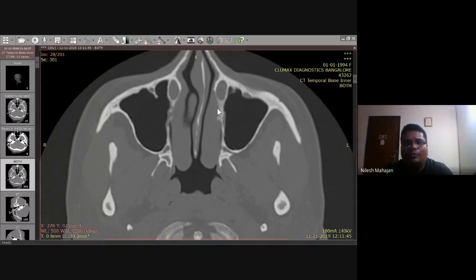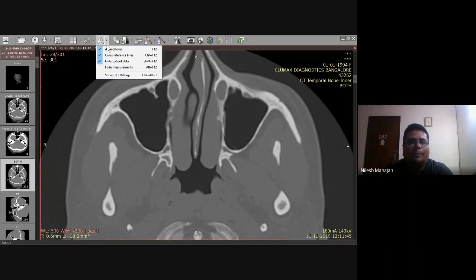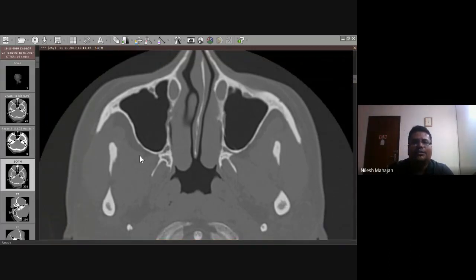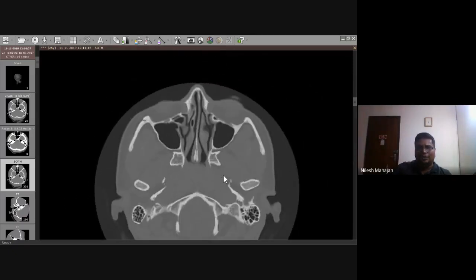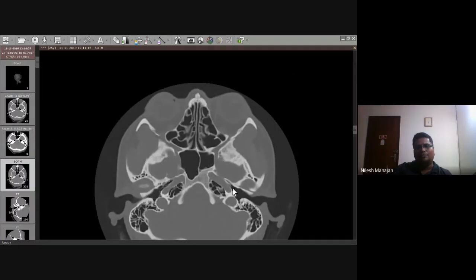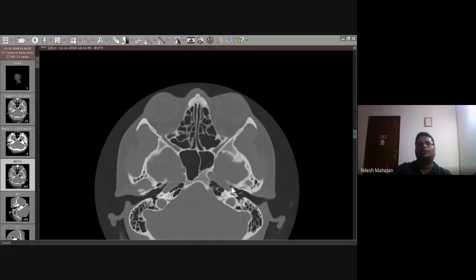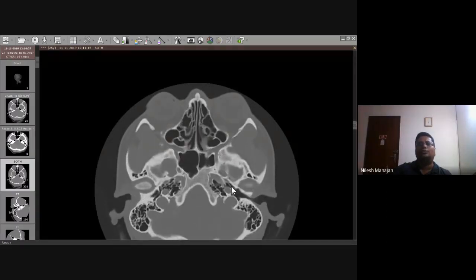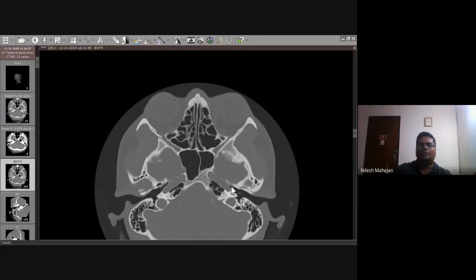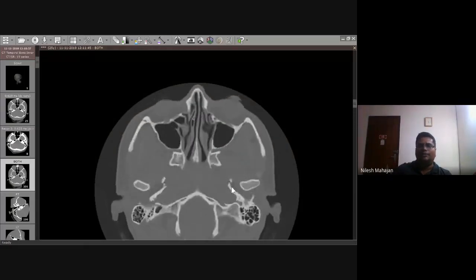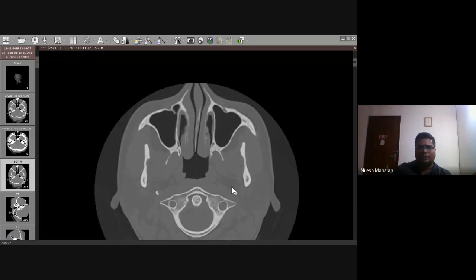If you have not given them proper information, they will print whatever they want. That's why it's important to communicate with the radiologist and tell them what you are looking for. Suppose you are looking particularly at the eustachian tube in the nasopharynx and you have not informed them. What they will do is go to the middle ear and print the whole of the bony eustachian tube, because you have not informed them which part of the eustachian tube you are looking at. So that is the importance of communication between ENT surgeon and radiologist.